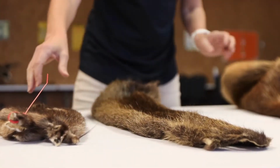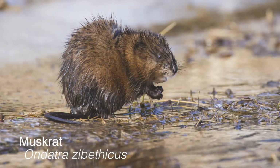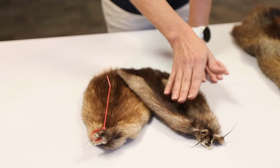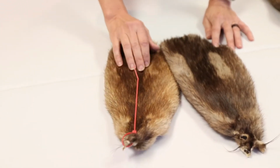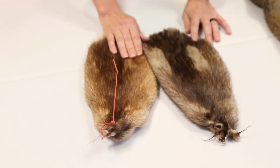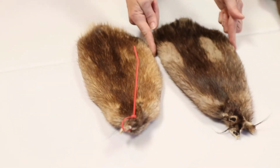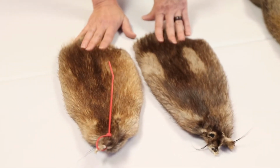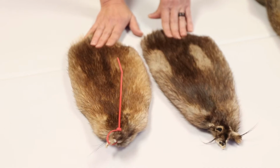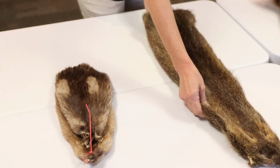So then we'll look at the smallest of the rodents. This is a muskrat, and there's quite a bit of color variation in the muskrat. This one is black with more of a grayish tone. This one has more brown with some rusty oranges in it. They all have this kind of bullet-like shape. The muskrat was the star of the Louisiana fur market in the early 1900s,